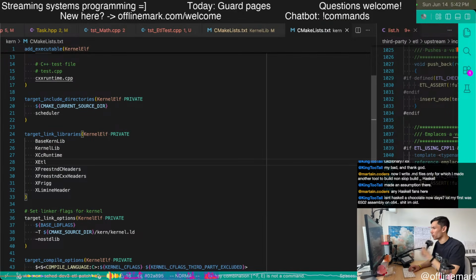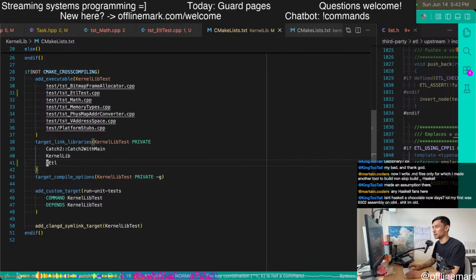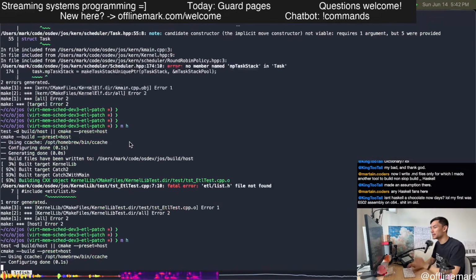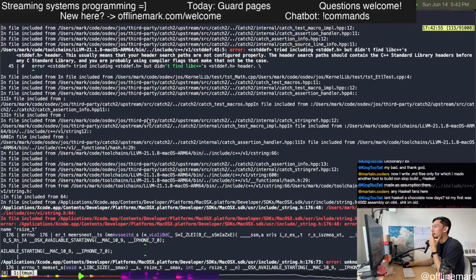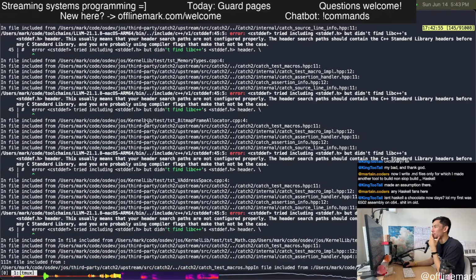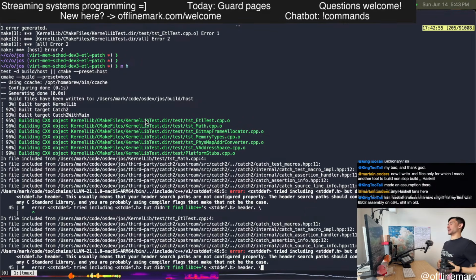So I just need to, oh, hopefully it's as simple as this. So I can just link ETL, please. Oh, damn. Okay, I did not know that I did not have ETL support in the unit tests yet.